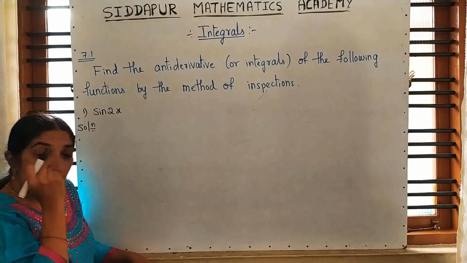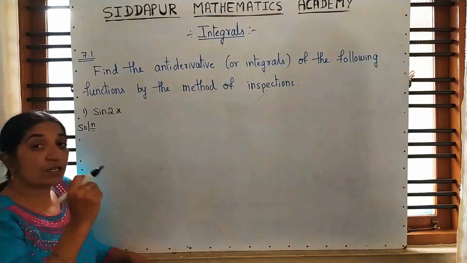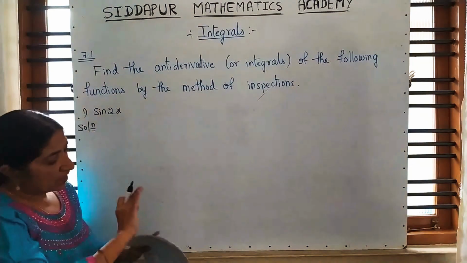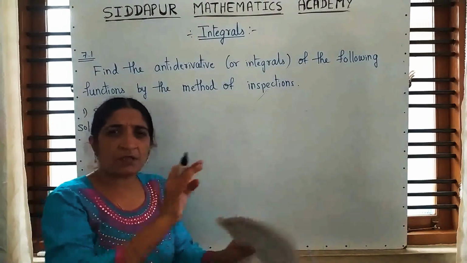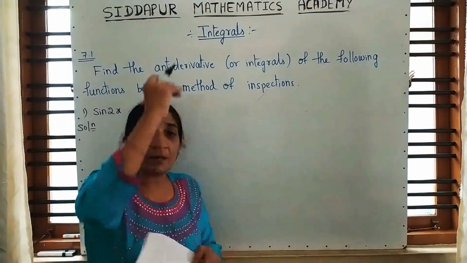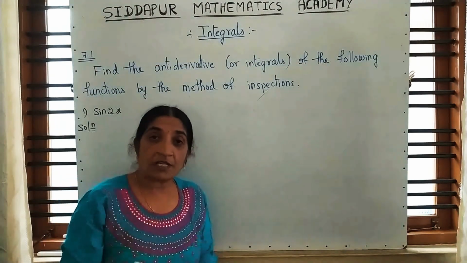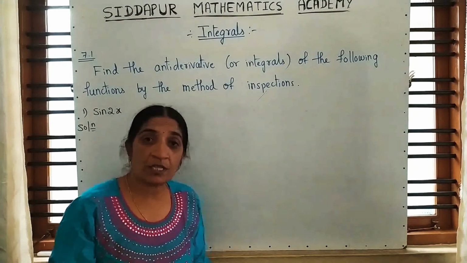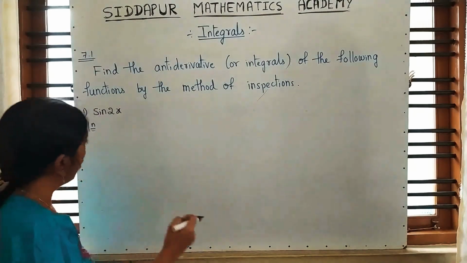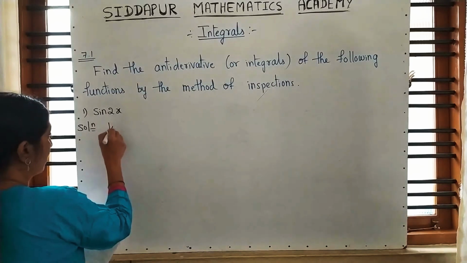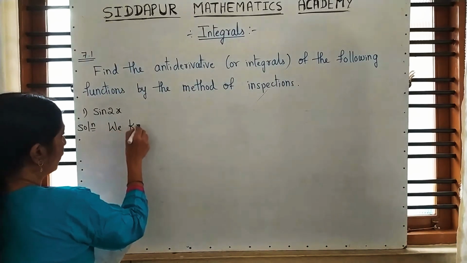See, differentiation of which term gives you sin? Differentiation of cos gives you sin. Leave that sign as it is, minus, plus, whatever, leave that. Just tell me the main concept. Differentiation of which term gives you sin 2x? The differentiation of cos 2x gives you sin 2x. That means, write out. We know that